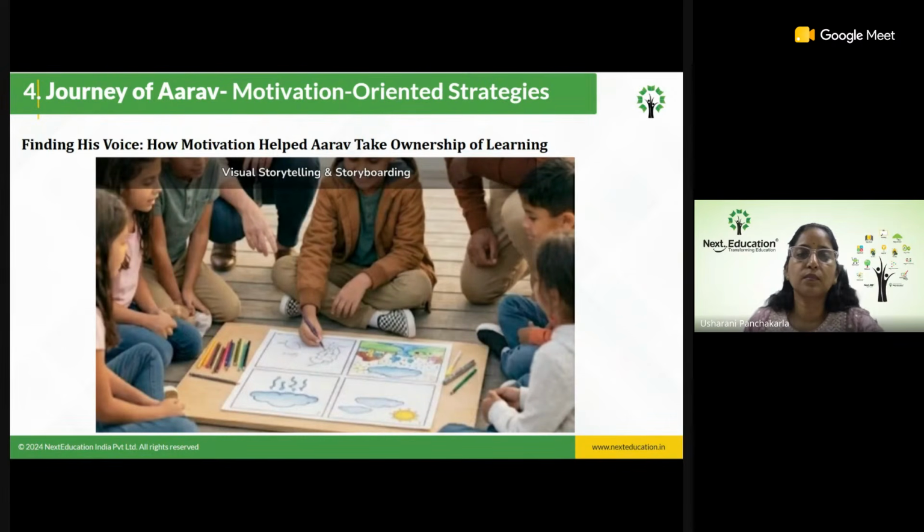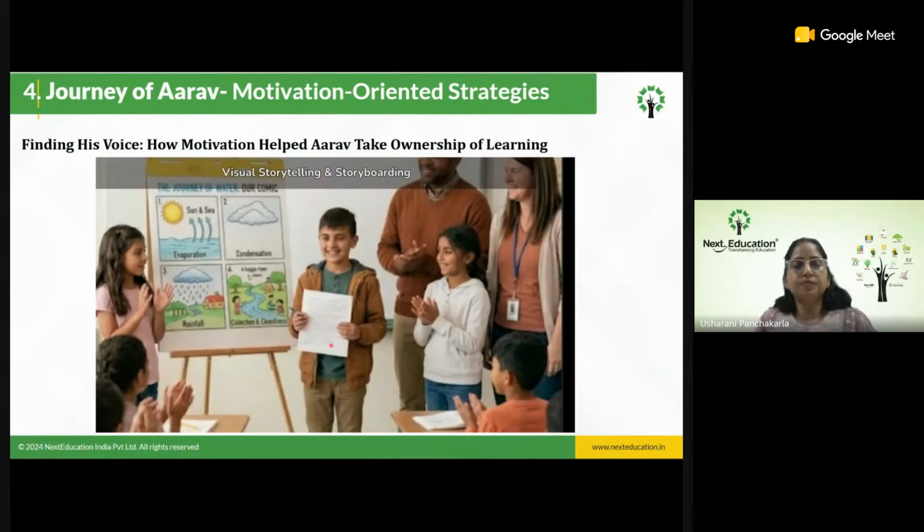Arav and his friends decided to create a comic strip showing evaporation, condensation, and rainfall. Arav happily took responsibility for drawing the illustrations. During the presentation, the class appreciated the creativity of the comic strip, and Arav felt proud of his contribution. This was an example of student-led learning and visual storytelling and storyboarding.